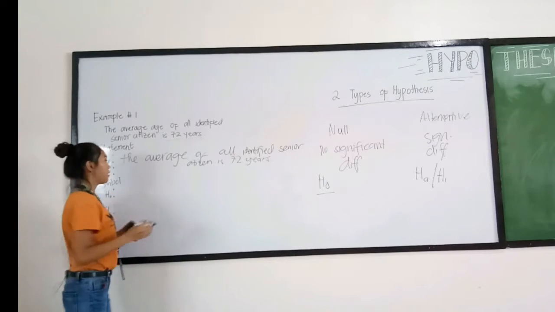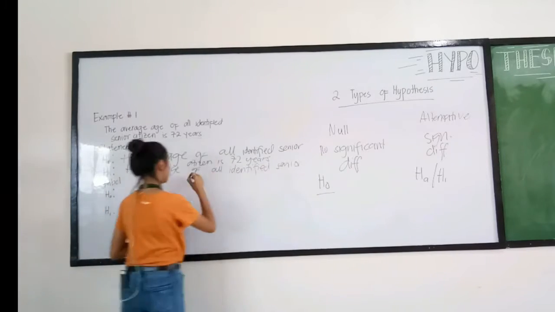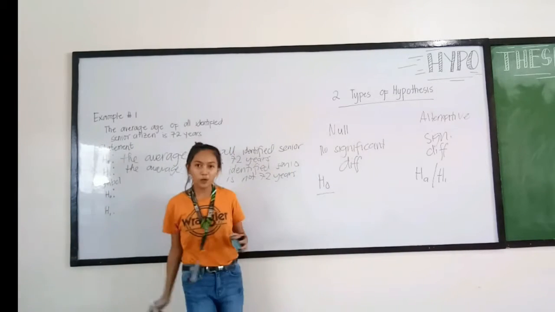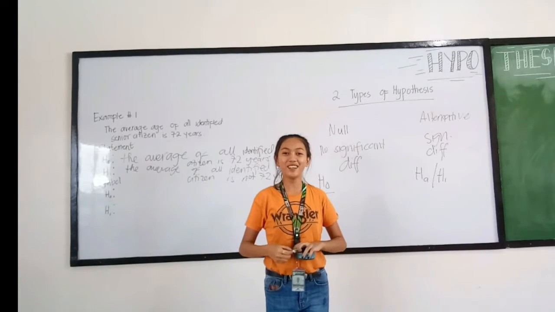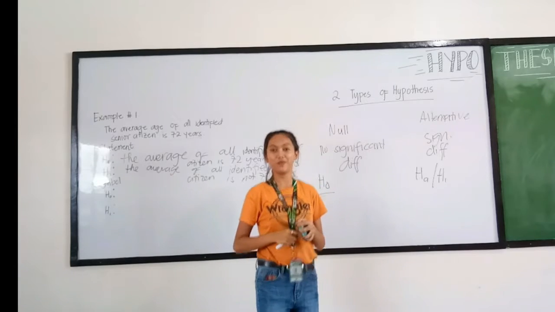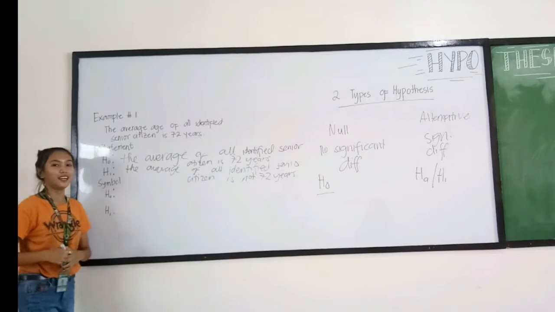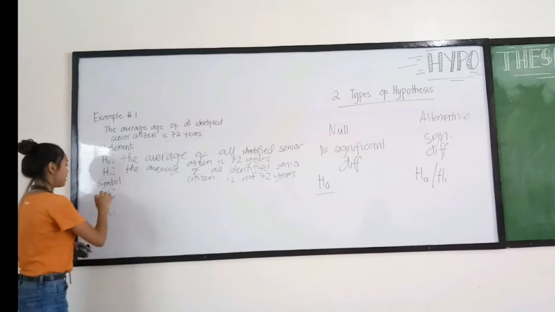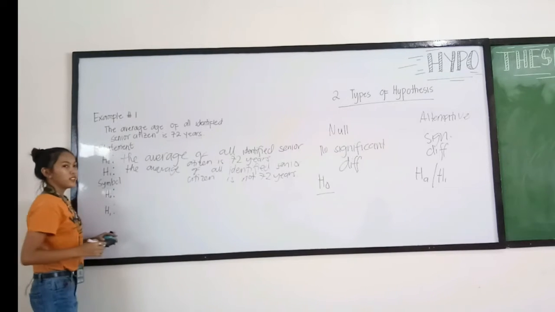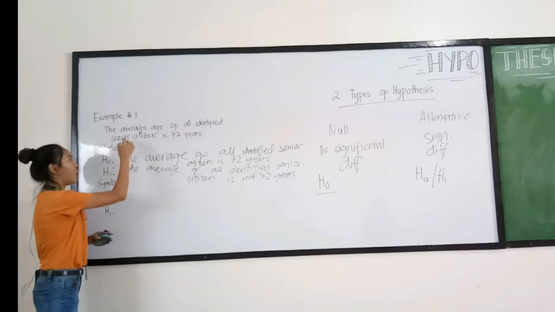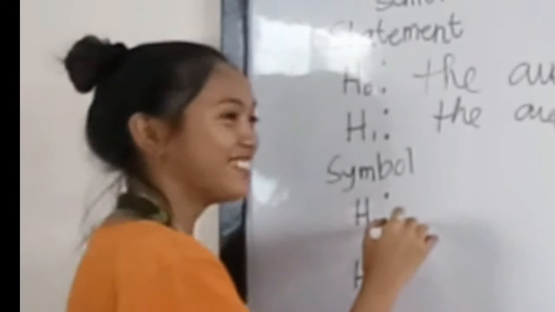And for the alternative, so that is how we formulate null and alternative hypothesis in statement form. And now let's proceed to the symbol form. For the null hypothesis, H sub 0, and for the alternative, H sub 1. So we always remember the average and